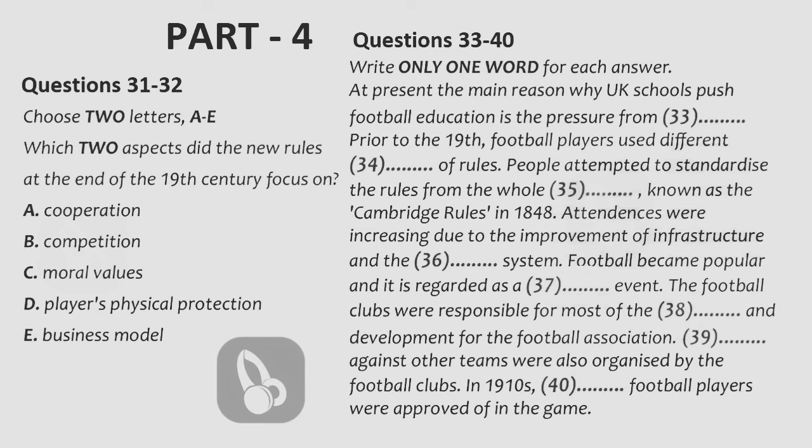In 1848, there was a meeting at Cambridge University in an attempt to lay down the laws of football. Present at the meeting were representatives of each of these major public schools, who each brought a copy of the rules enforced by their own individual school's rules of football. The result of the meeting was what is now known as the Cambridge Rules, thereby uniting the rules from across the country into one simple document.